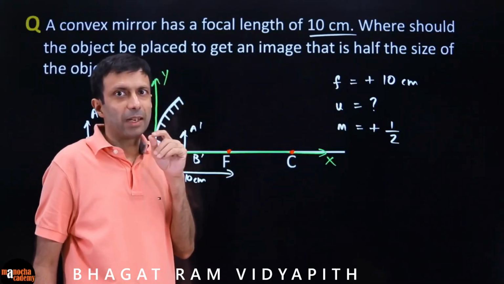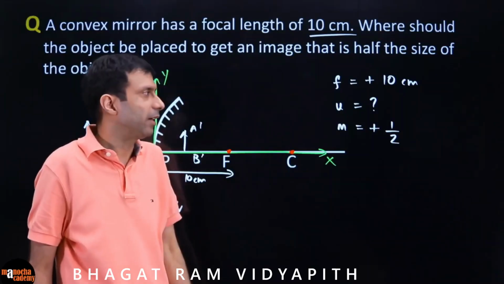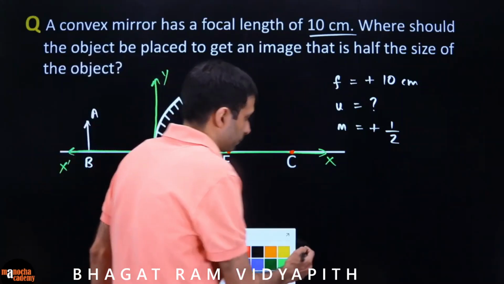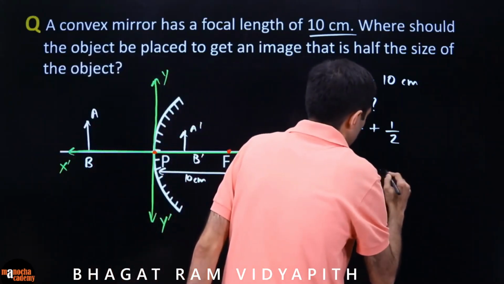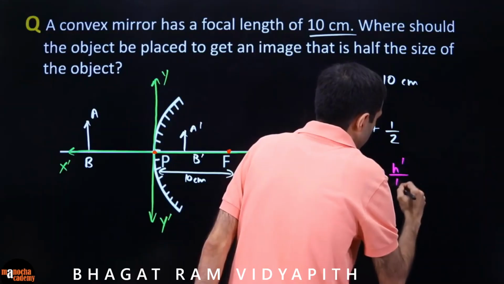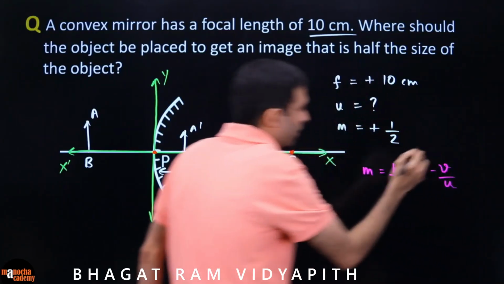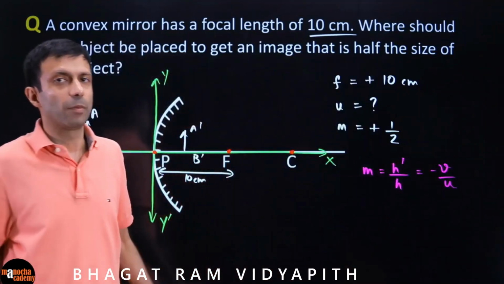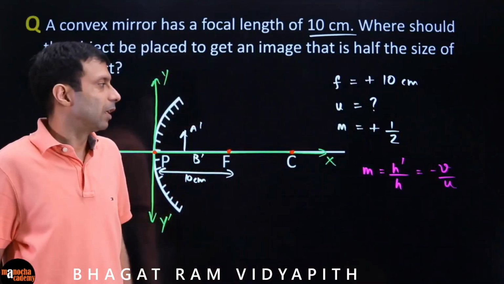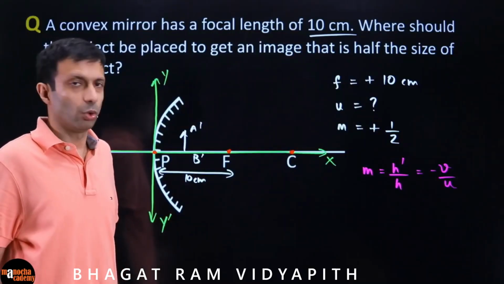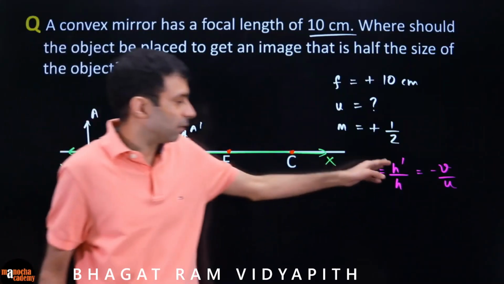But we know that for magnification, there is some formula, right? The magnification formula is h dash by h, which is minus v by u. Be careful, there's a negative sign. The mirror formula is all positive. Here there's a negative. So h dash by h is minus v by u, but we know that